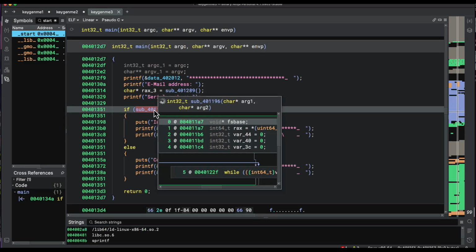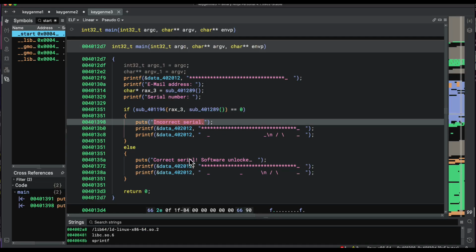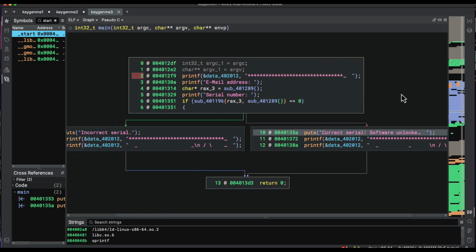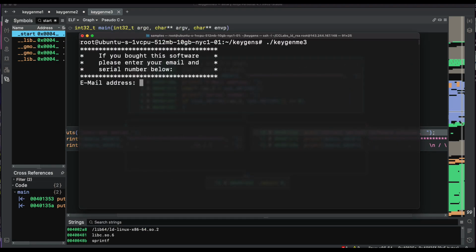So that is likely where all of our algorithm is that's making decisions on whether we have an incorrect or a correct serial. Hit spacebar, we can see that control flow here. We have some information grabbing our data, and then we're making a decision with this if statement of incorrect or correct. So if we take a look at this in the command line, I can run keygen,